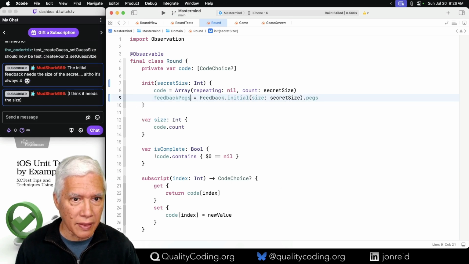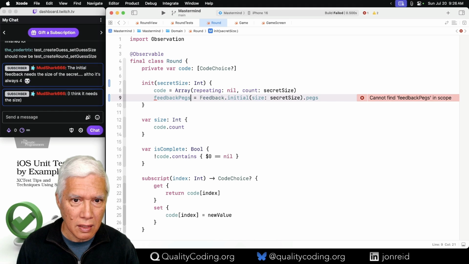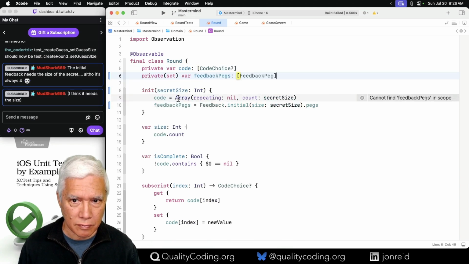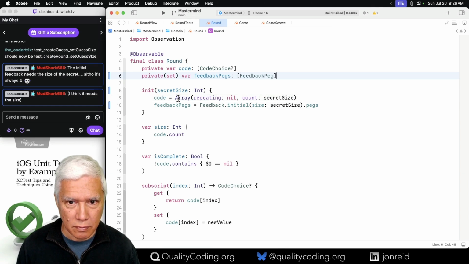Like that. Let's see. So that should set the initial pegs.